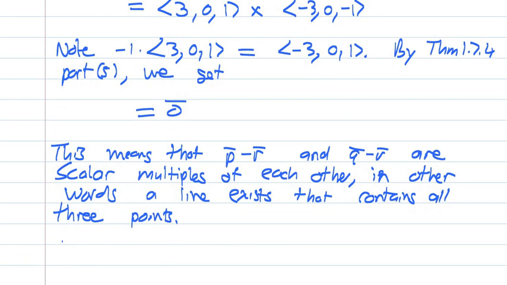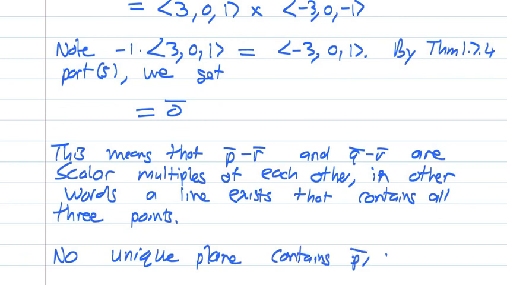So our conclusion, no unique plane contains P, Q, and R. Alright, so in this case, what happened was, because P, Q, and R lie on the same line, it comes from the cross product calculation, so we know that there's not a unique plane containing P,